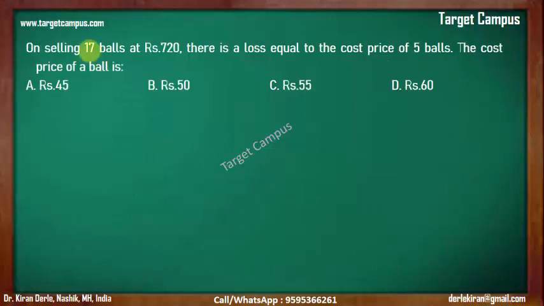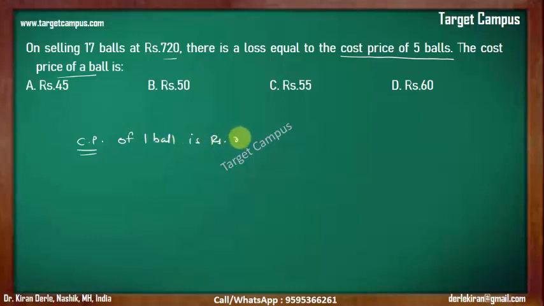On selling 17 balls at rupees 720, there is a loss equal to the cost price of 5 balls. The cost price of the ball is? So in both the cases, if you see, on selling 17 balls at 720, there is a loss equal to the cost price of 5 balls. And the cost price of a ball is, right? So in all the cases, what is given is cost price, right? So let's say cost price of one ball